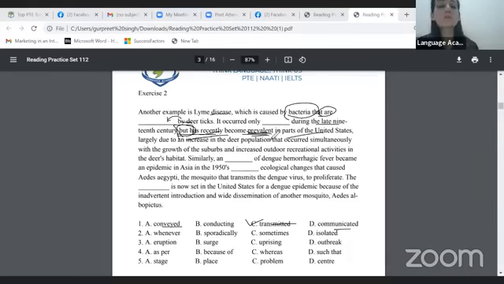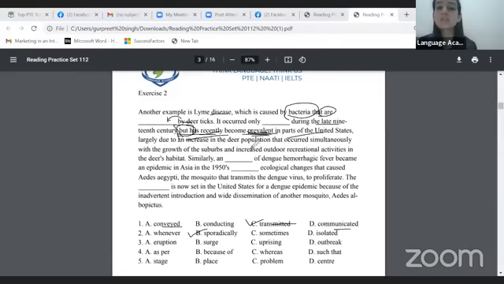What is the opposite of common? What is the opposite of prevalent? Uncommon, means it was not common in the late 19th century, but now it has become common. So this is the way you should analyze the sentences. Wherever you find a conjunction or a connector, try to analyze what is the meaning of that connector. Should I go for opposite words? Should I go for same words? Only then find out your answer. So here the answer will be sporadically based on the meaning, because sporadically means occasionally, which was not very common. So it occurred occasionally in the late 19th century, but now it has become common in parts of the US,